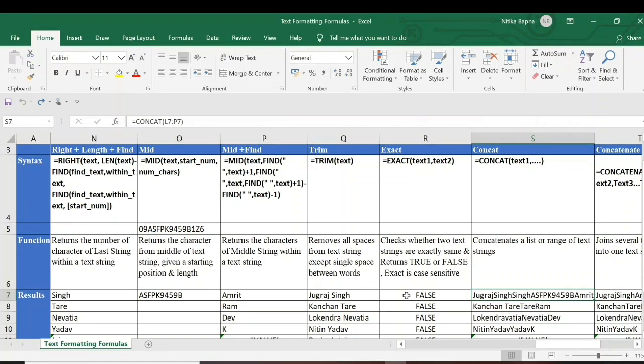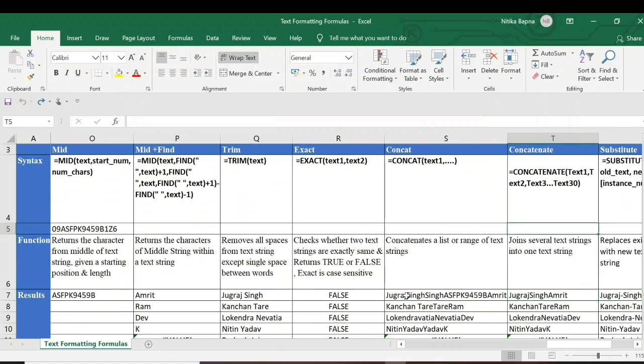But CONCATENATE is where you can join several strings into one text string. So here the formula is, you can join 30 text strings together.